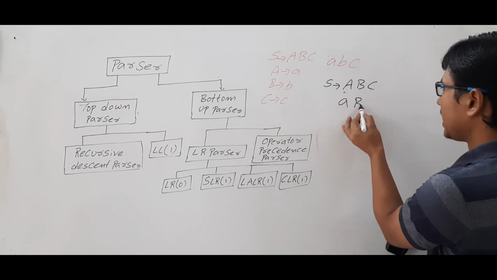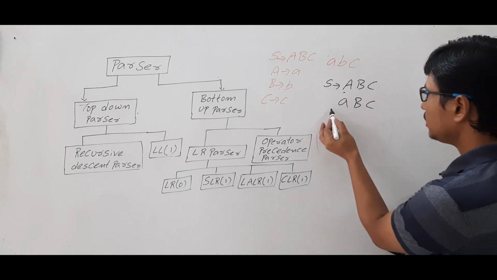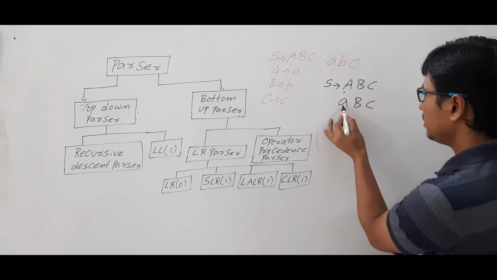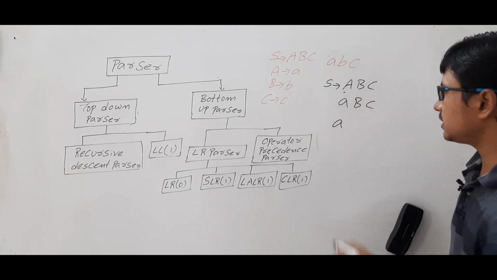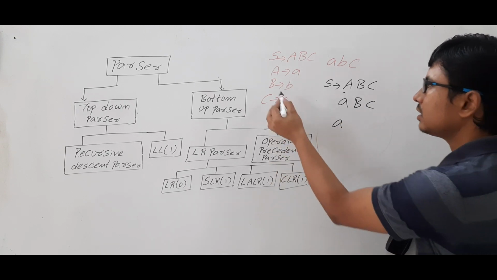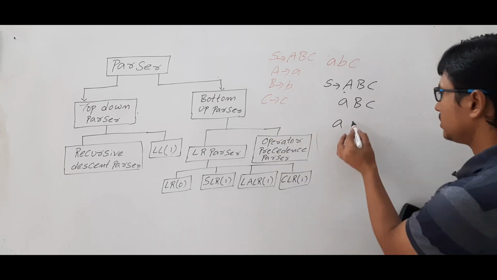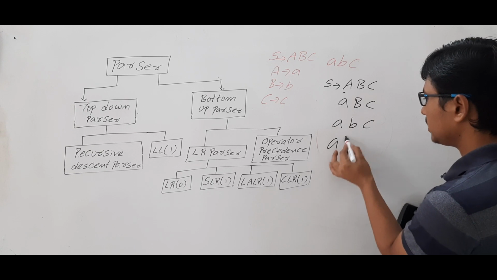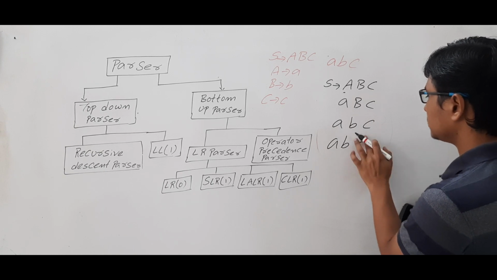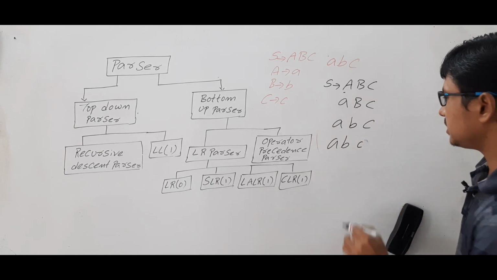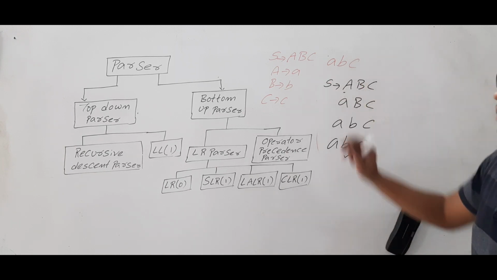You will write it as it is. And again you will read from the left hand side. Once you get a terminal, you will write it. Once you get a non-terminal, what is the production it is doing? Small b. Then a, b, C. Then a, b, small c. Are you able to understand it or not? So, this is the leftmost derivation.